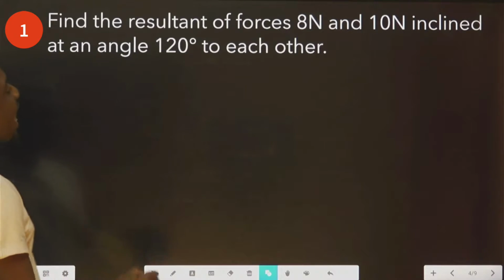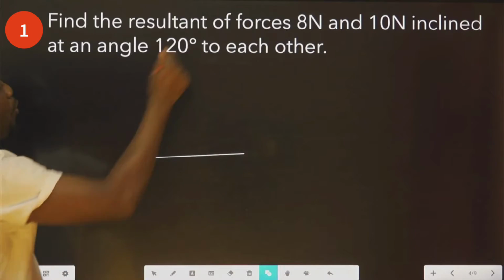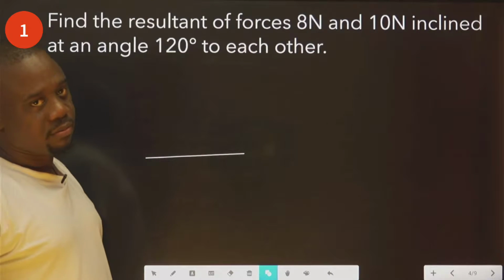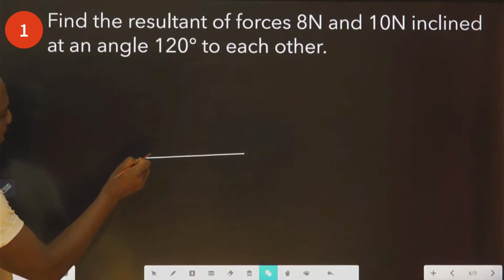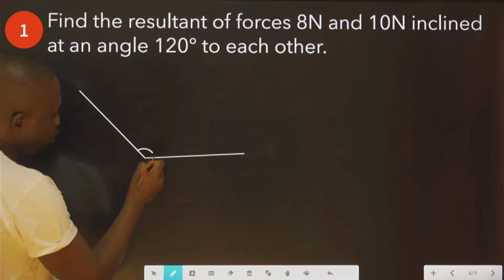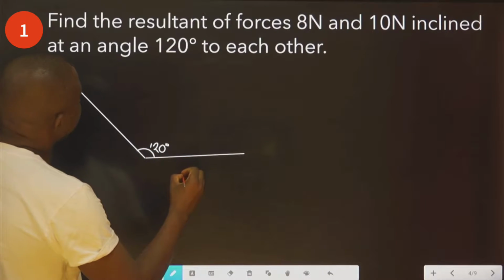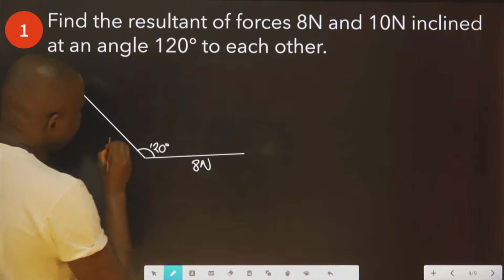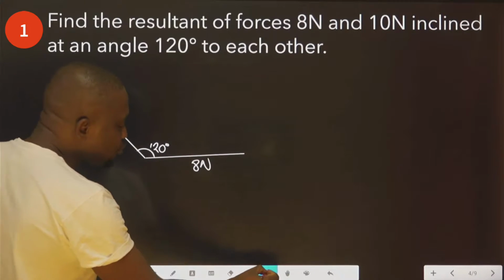You can see we have a force of 8 Newton. There is another one of 10 Newton. But the angle between them is 120. So 120 is somewhere here. It means therefore this is 120. Here we have 8 Newton, 10 Newton. Okay? All you have to do now